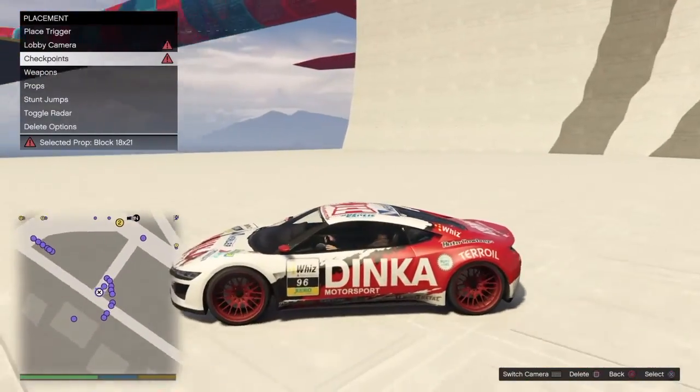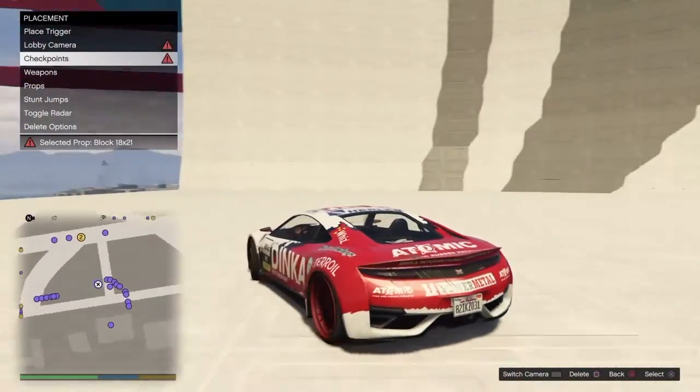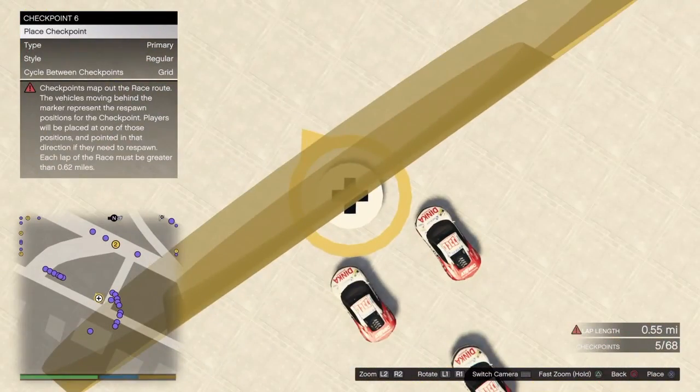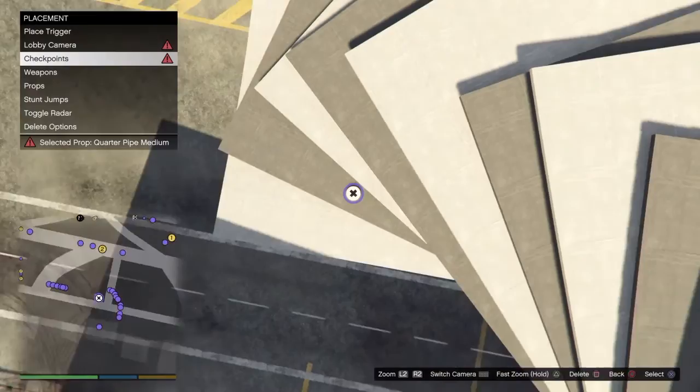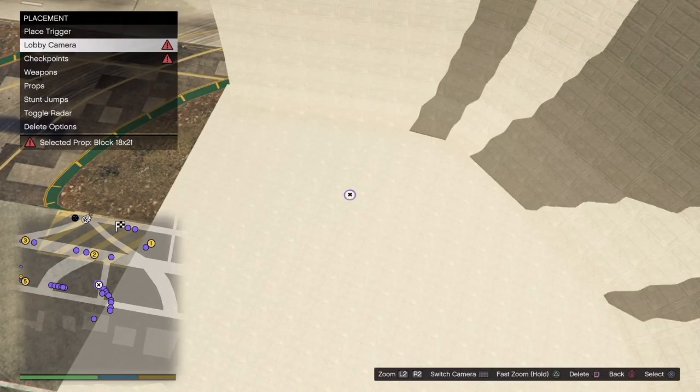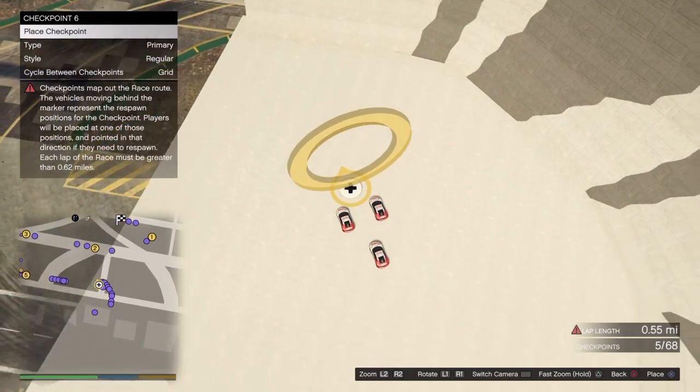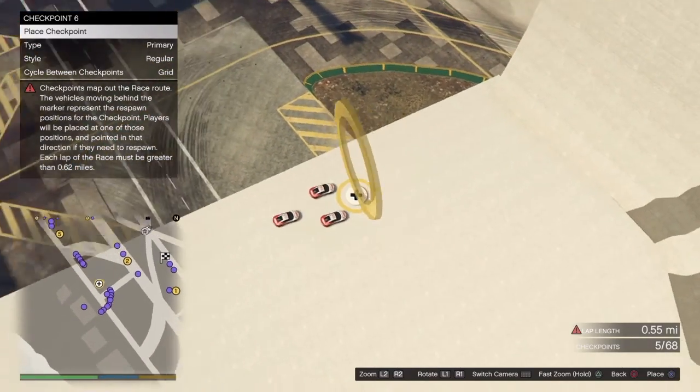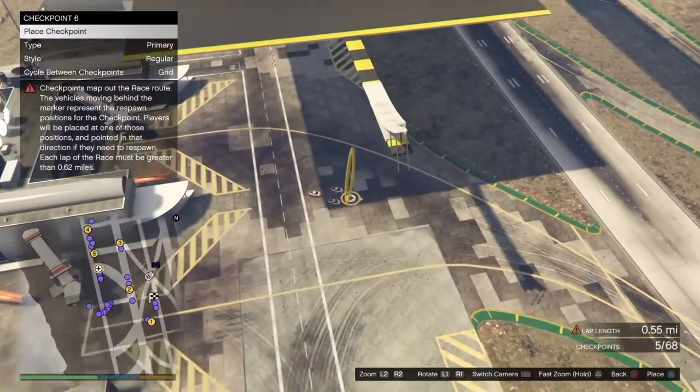That's in my way, I can't see. But that's what you're going to want to do. And if you need to reset your car, just switch the camera, and then, oop, nope, I want to delete that. What did I, oh crap, come on. I'm sorry, give me just a second. Okay, I fixed it. If you want to switch the camera, reset your car, just press the switch camera button, and